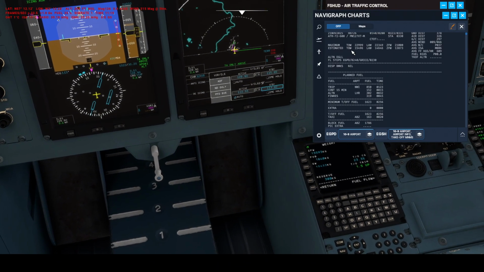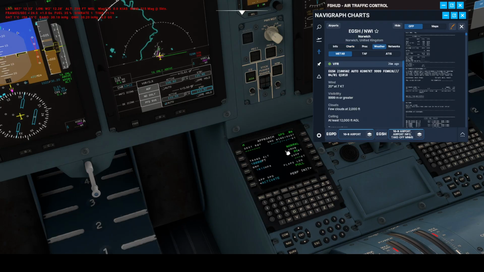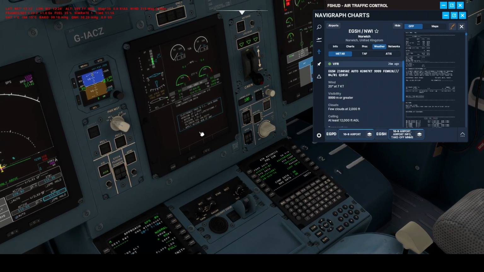We'll now go to the VNAV, the performance page. 6,000 feet is our transition altitude. And we'll enter in our forecasted weather in Norwich, which is going to be QNH 1018. 6,000 feet is our transition altitude, and our wind's going to be a very gentle 7 knot wind coming from basically the north. We'll make that 10 for our gust. Sweet, that's our flight plan all sorted, so we can now go ahead and